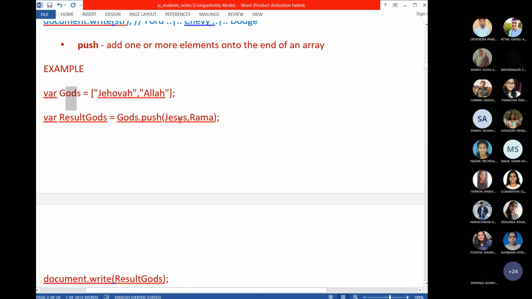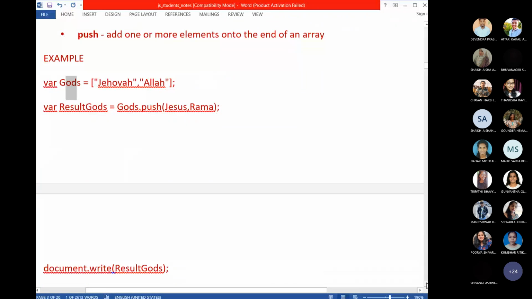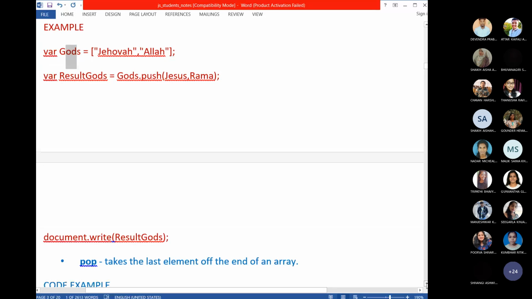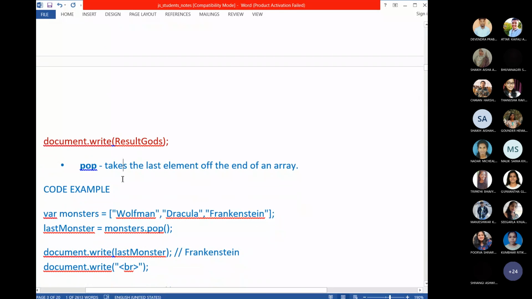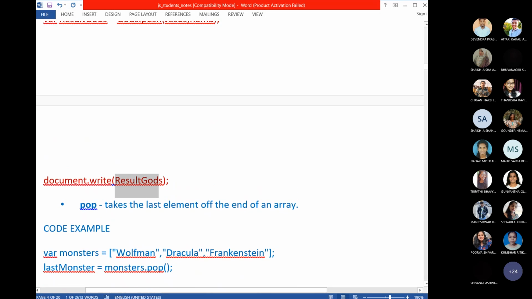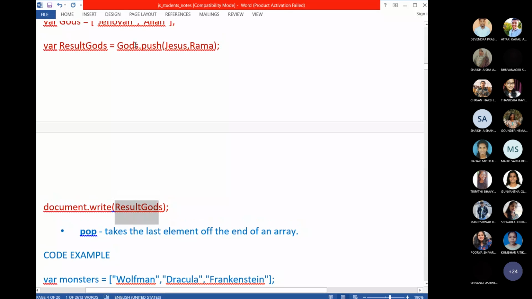So when you want to add one or more elements, you will write the element names within the parameter. Then if you want to print the result array, you will use document.write, and the object name. Now what is this object? This object is an array object. Look here, result gods.